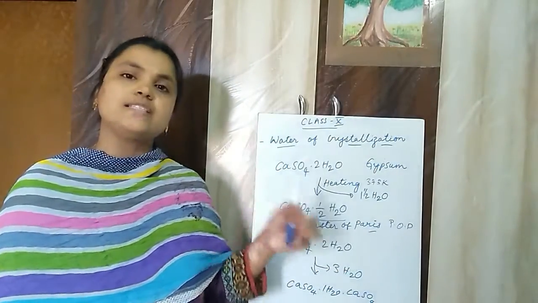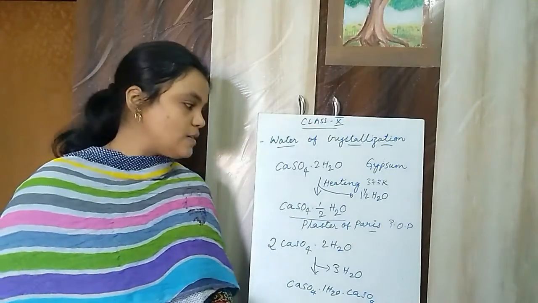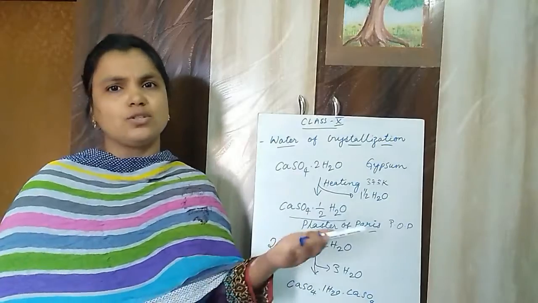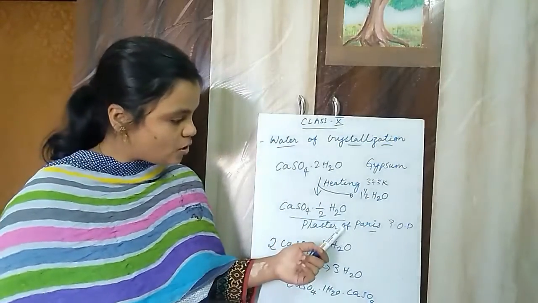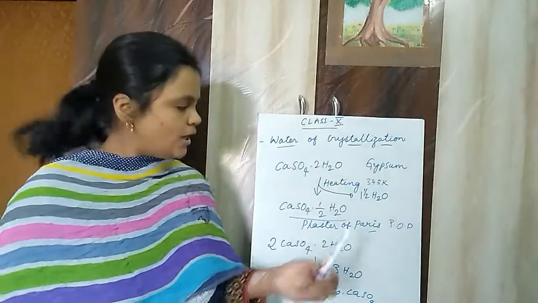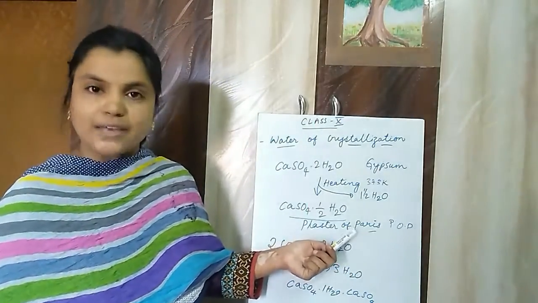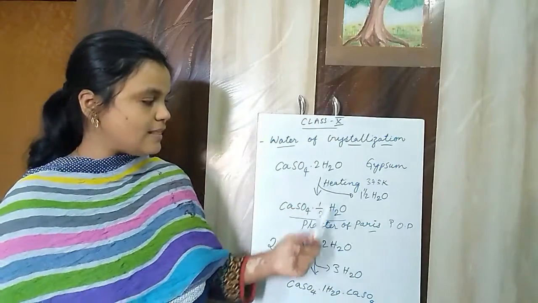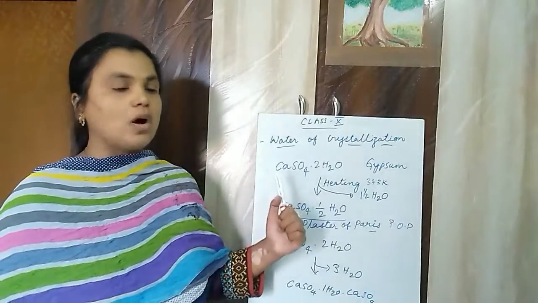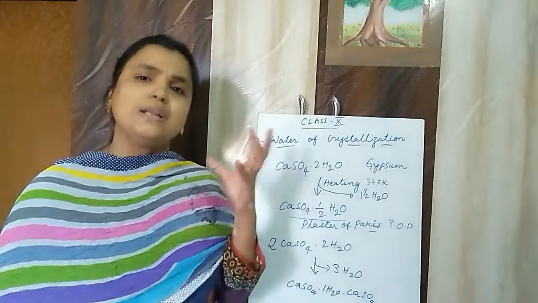They use it not just for supporting the fractured bone, but also for making decorative items, toys, or sometimes for making the surface very smooth before painting. It has got its own applications in day-to-day life. So what is plaster of Paris? It is nothing but calcium sulfate hemihydrate. Once it is mixed with water, it forms gypsum again and it sets to a hard mass, which is nothing